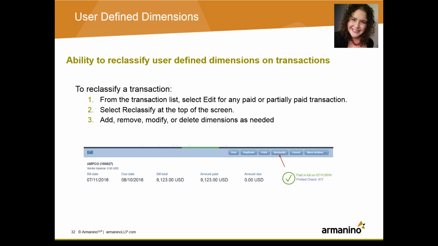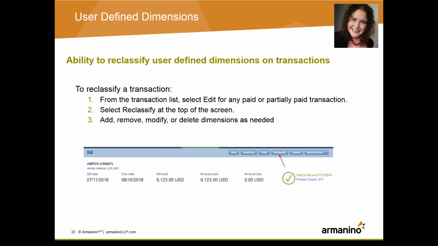All right, this is a really exciting update for a lot of our nonprofit clients or for anybody that's utilizing the user-defined dimensions. So previously, if you created an AR invoice, an AP bill, or other AP or AR transactions and you tagged a user-defined dimension, you had no way to update the dimension without either deleting or reversing or reposting the transaction with the correct dimension. So what that did is it separated that adjustment from the original transaction because there was no way to go back and actually use the reclassify.